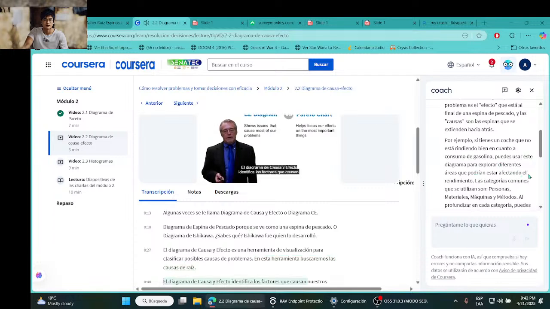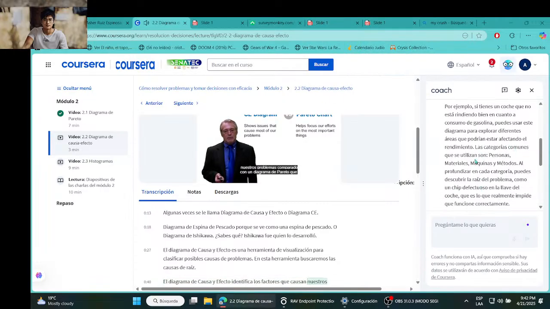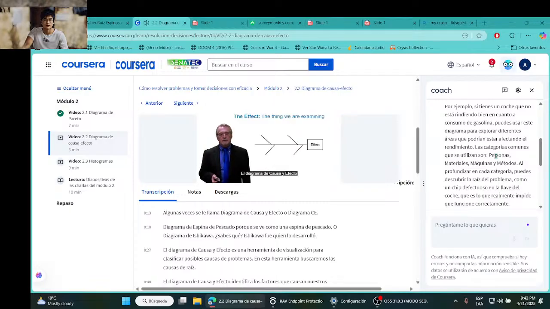If we look at a cause and effect diagram, it identifies issues that cause our problems, versus a Pareto chart, which is going to prioritize those and put those together in a little different visual format. Cause and effect diagram, it's going to say, well, we have something that kind of looks like a fishbone here. The effect is what we have out on the end of this thing, and then we have the various fish bones along the way. A common 4-category method for this is people, materials, machines, and methods. This is called the 4 M's.